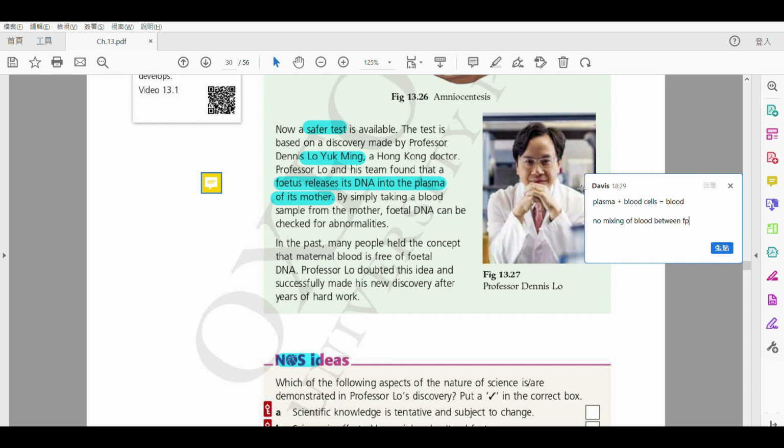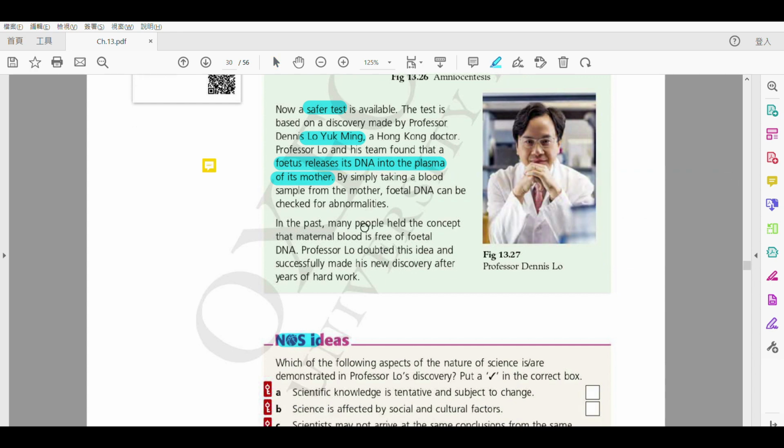Okay. So remember there is no mixing of blood between 呢一個 fetus and mother 啦，but 但係呢啲嘢係乜嘢咧？But 佢就同你講啦，呢一個 fetus 係會 actually release 咗呢個 DNA 啦 into the plasma 嘅，OK。所以啦，we can take a blood sample 啦 from the mother，可以拎咗個 blood sample，there inside 就揾到呢一個 fetus 嘅 DNA 啦，fetal DNA can be checked。就揾到佢嘅 DNA，從而啦 to detect if there are any abnormalities。abnormal 即係唔正常啦，abnormalities 就係睇下會有啲唔正常嘅現象啦。